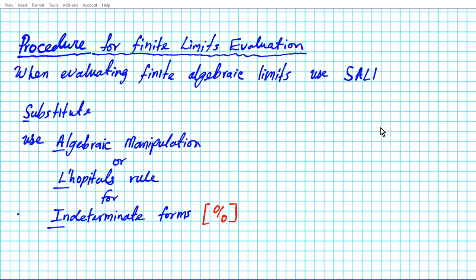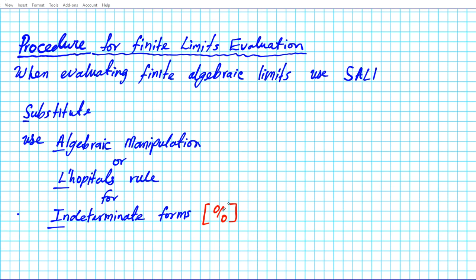Before we get started with the examples, let's do a real quick review on the procedure for evaluating finite limits. We went over this in the previous presentation in our installment. What we talked about is that when you are evaluating finite algebraic limits, you use the Sally procedure. We describe Sally as being: first, you substitute. When you carry out that substitution of what x is approaching into the function, you can get an answer, a defined output. You can get an undefined output, which indicates that the limit does not exist, or you could end